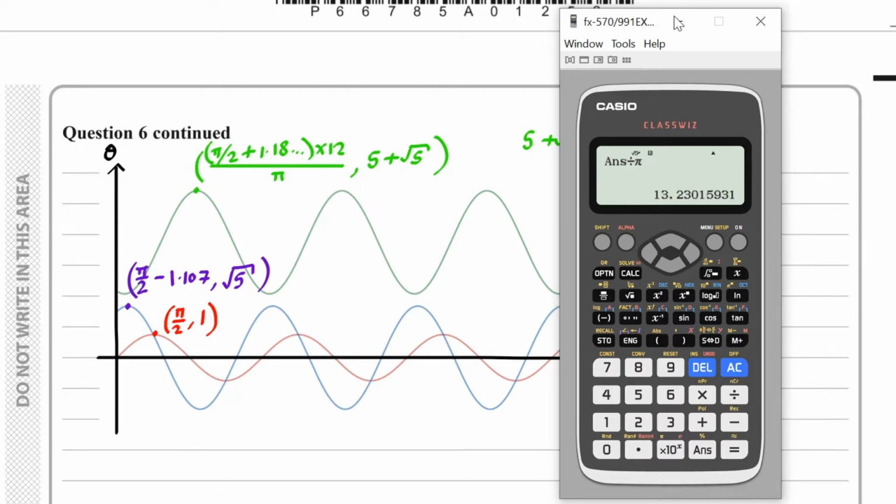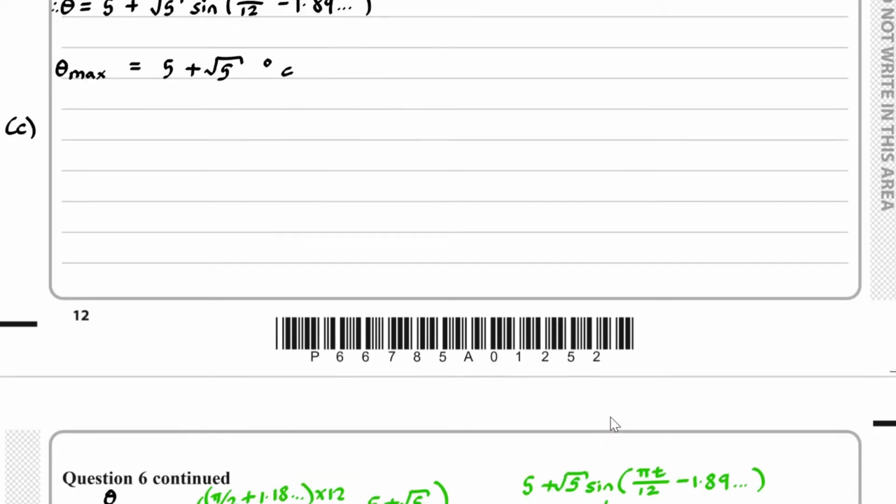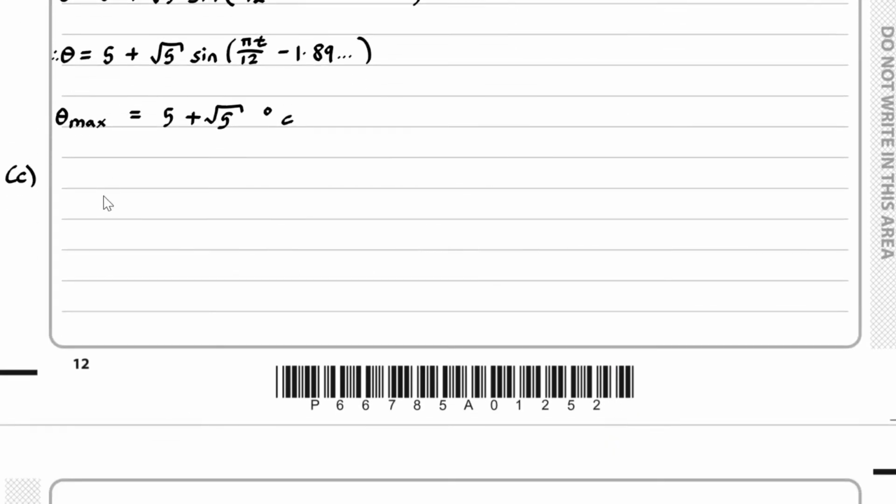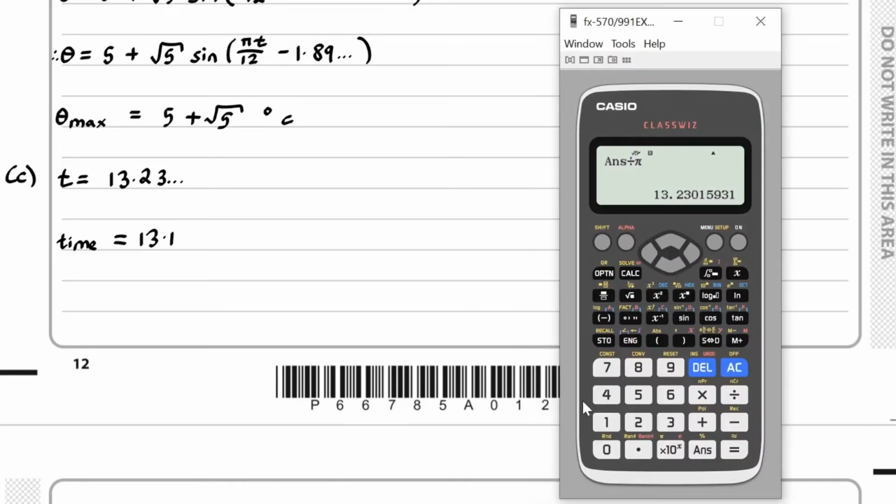We get 13.23 etc. So therefore, the time will be 13.23 etc. So therefore, we have to convert the 0.23 to minutes. So hours to minutes: if I subtract off 13 and then multiply this by 60,